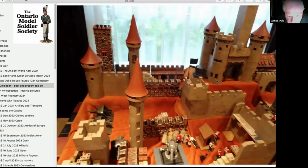Here's a close-up of the fort. I'm currently in the